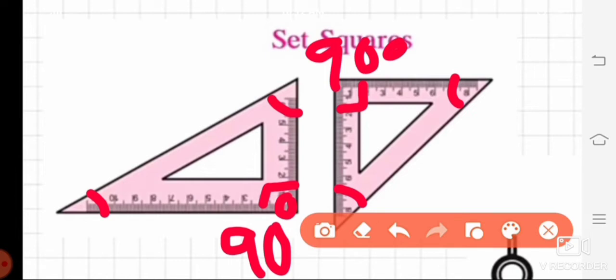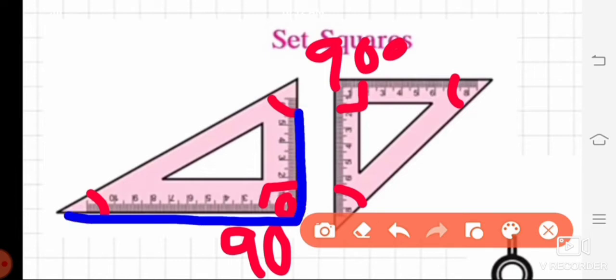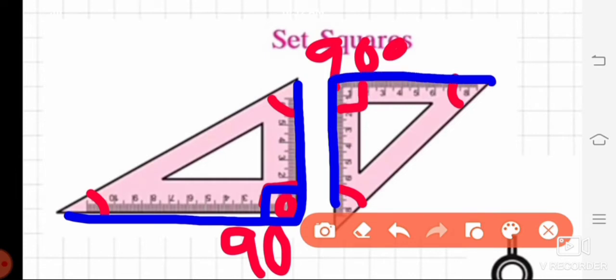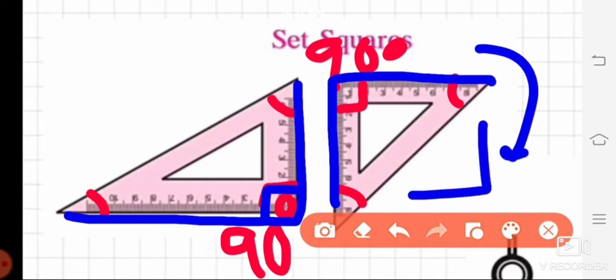You will keep it like this. Look at the first one, draw a line along its side properly, and then remove that set square. Whatever angle you get there will surely be 90 degrees. In the same way, with this set square, if you draw an angle in this way, it will surely be 90 degrees. You can move this set square downwards also, then you can get the 90 degree angle like this or this way.